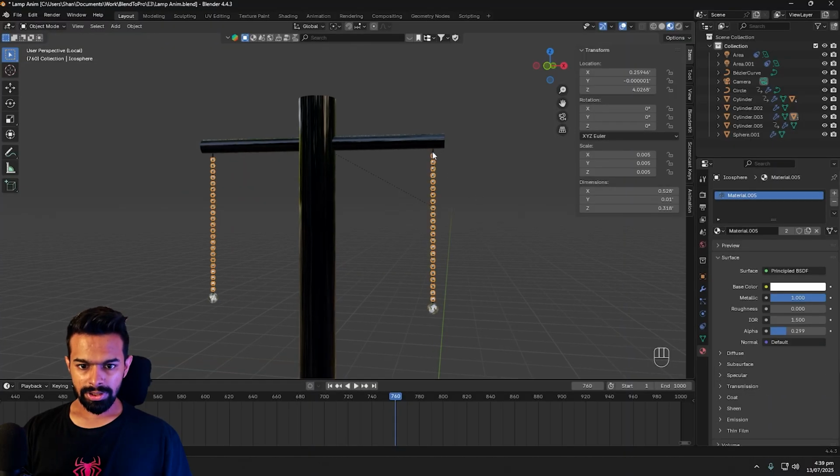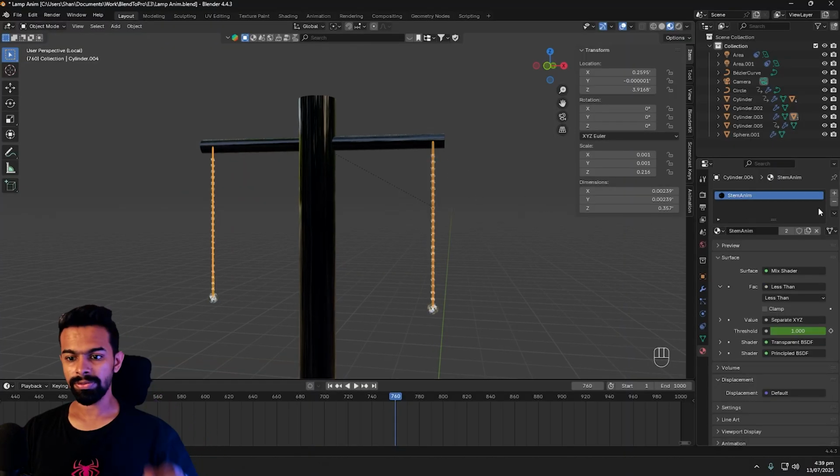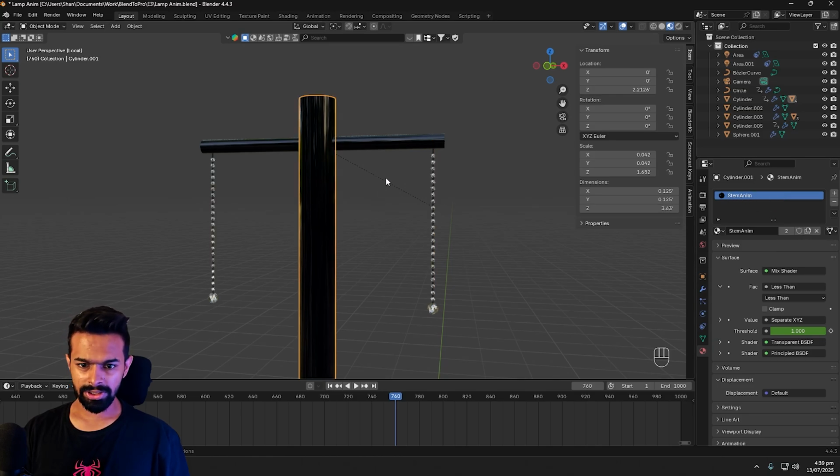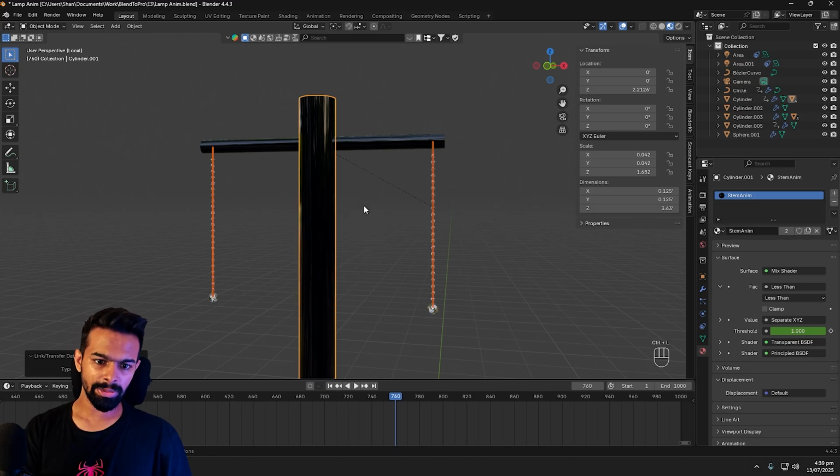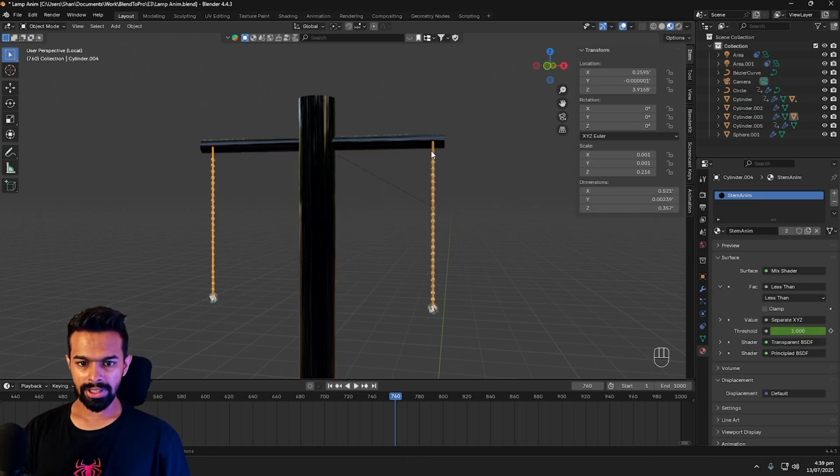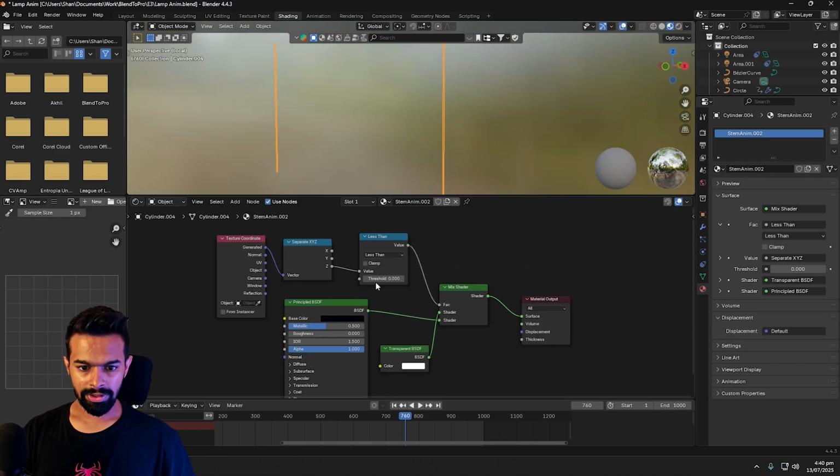Next, we'll animate these cables. For the stem animation, we'll duplicate that same material, link it to this one with link materials, and select it again. Just duplicate this material and remove the keyframes. The keyframes for the first one, the stem, are in a different location, so we need to duplicate the material and add new keyframes. So at the shading modifier, we'll give a threshold of 0 at 760, and at 800 we'll give a threshold of 1